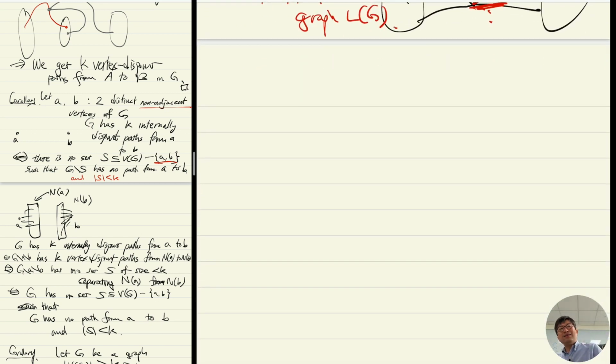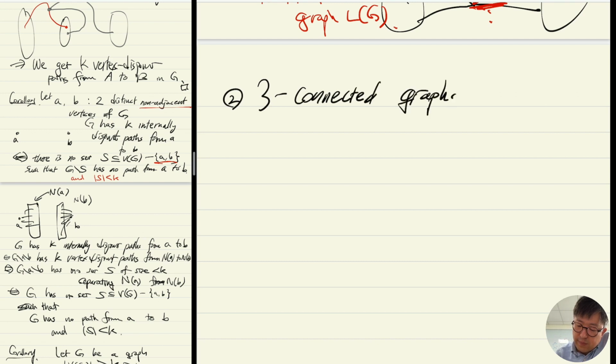All right, now let's move on to the three connected graphs. So here's the key theorem that allows us to apply induction, and this will be used later for the proof of Kuratowski's theorem. So here's the theorem. Let G be a three connected graph,